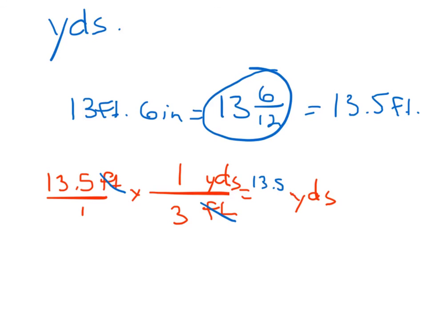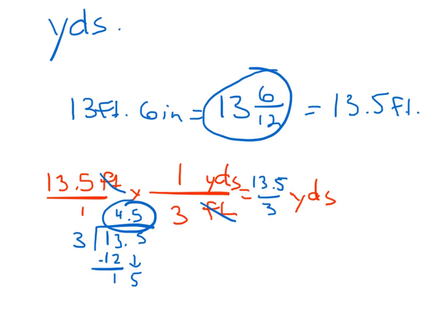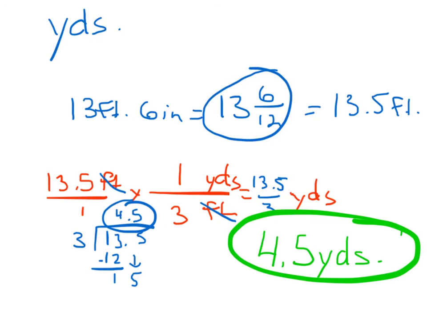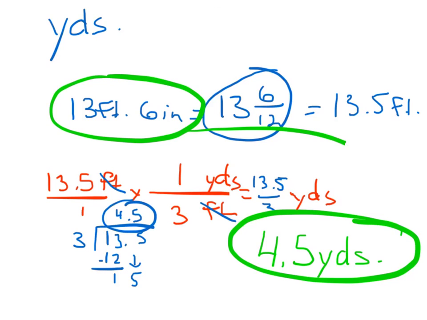So I'll get 13.5 over 3. And I have to do a little division over here. 13.5 divided by 3. We'll go into there. Let's see, 4 times, that'll be 12. Carry down the 5. That'll go in there 5. And I need my decimal. So once I add the label up there, then I can say my answer here is 4.5 yards. So we took this measurement up here and we ended up with that measurement down there,